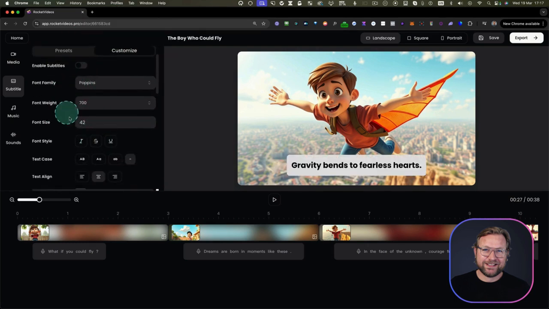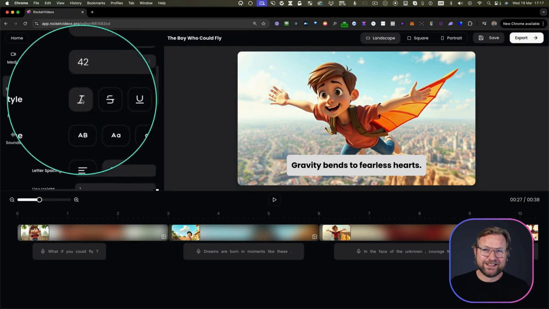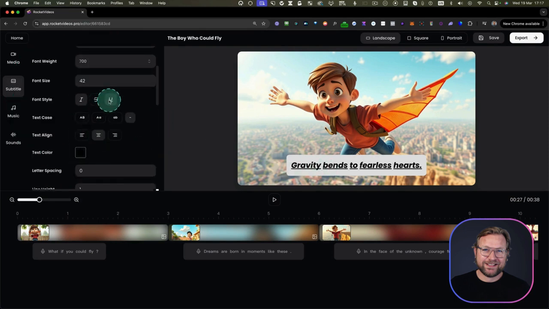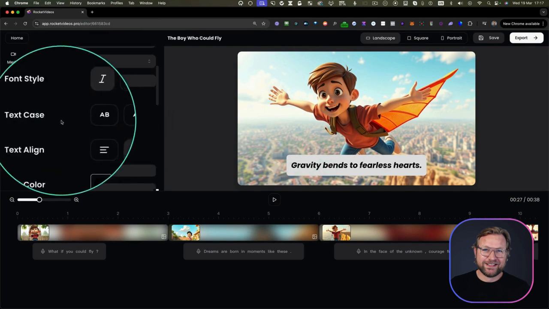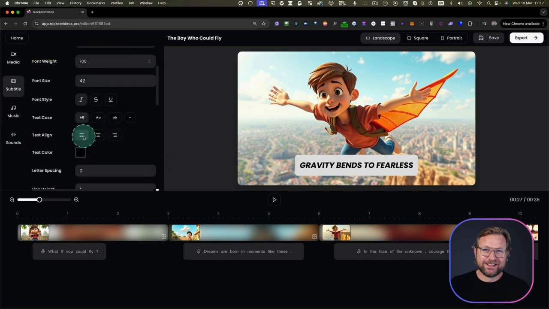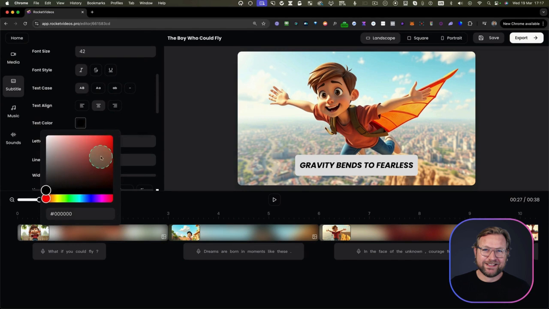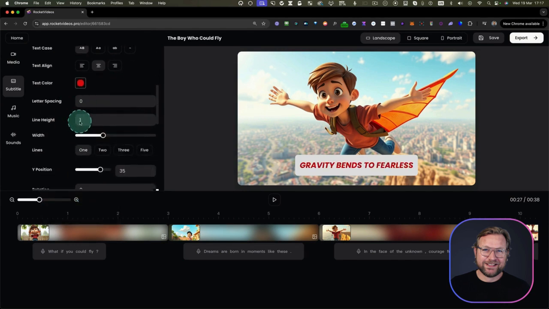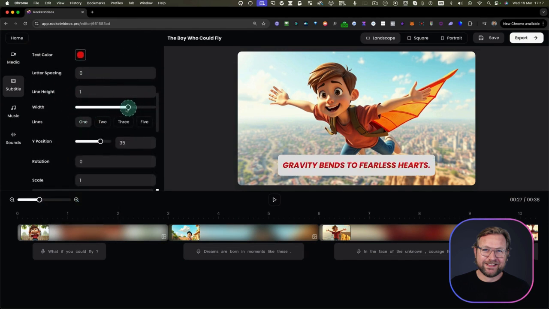And here you can enable all the different options. You can set the font style here. You see that? You can make it underline if you like to. You can make the text case. You can set all to capitals, for example. Or you can align to the left or to the center. You can change the text color in here. If you want to make this red, you can do the letter spacing, line height. You can set the width of the